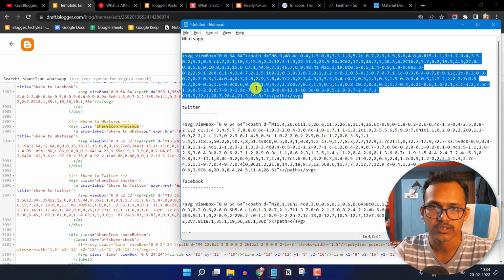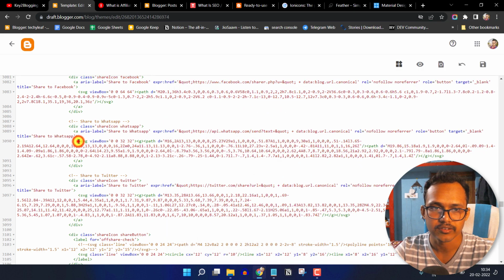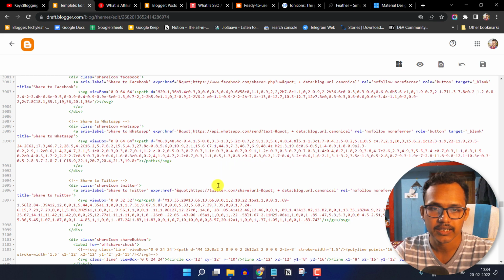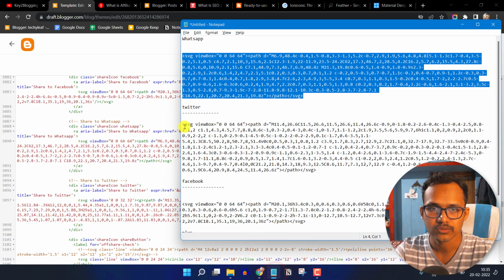So let me just copy the new SVG code from here and I can replace the whole SVG. So here make sure to copy the SVG code starting from SVG to /SVG, and let me just replace it, and let's change the Twitter icon.